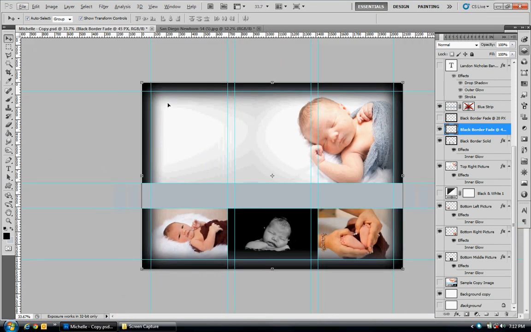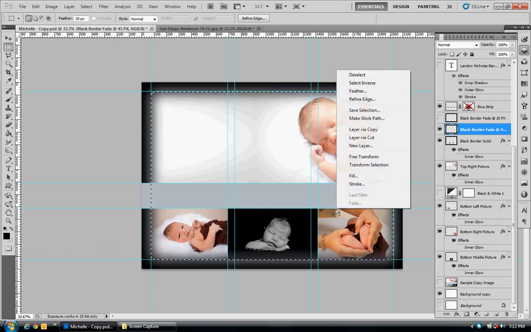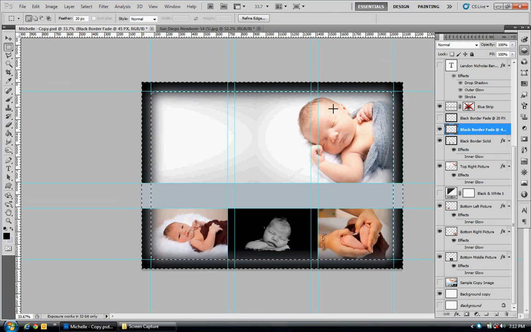So we're going to create another border at half the pixels, and that's going to darken this up, and it's still going to give us this feather effect out here from our first one. So we do a new layer, Control Shift N, and go back to our marquee tool, change from 45 down to 20, and same thing. We select the inside of this, right click, select inverse, and paint bucket with the black and fill that, and that's going to give you